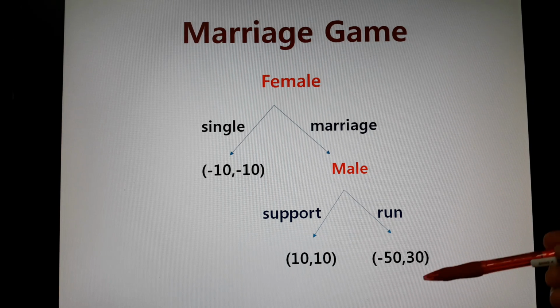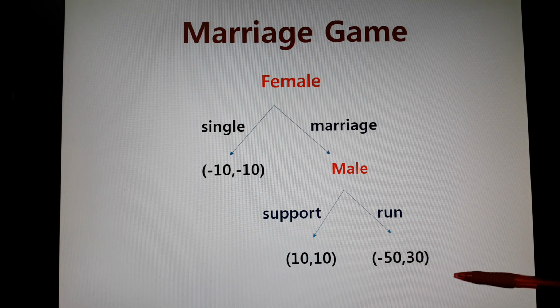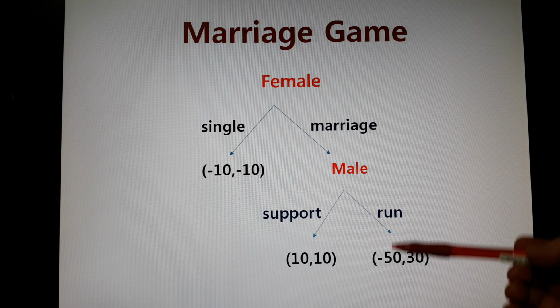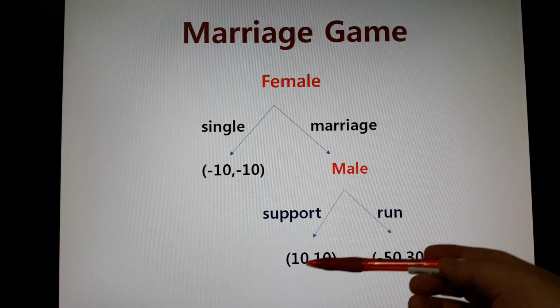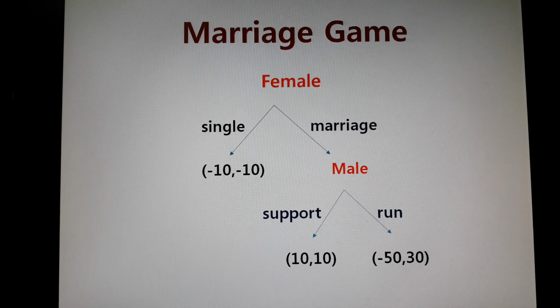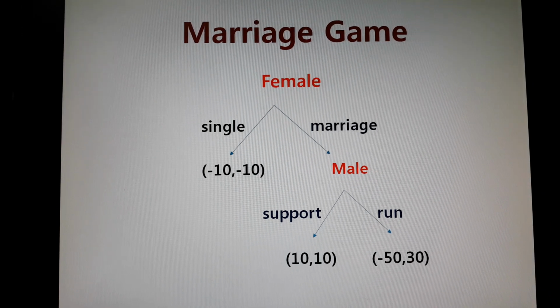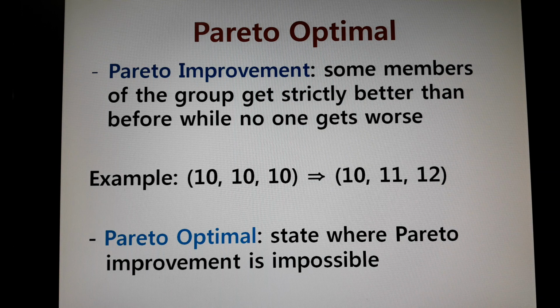But if you remember, because of the possibility that the male may run away and the female can be extremely unhappy, the female is not going to go to the Pareto optimal state because she's not going to get it anyway. Which is sad for female, also sad for male, and sad for economist. So if you are an economist, you really want to find a way to make this Pareto improvement happen. How can we achieve that?